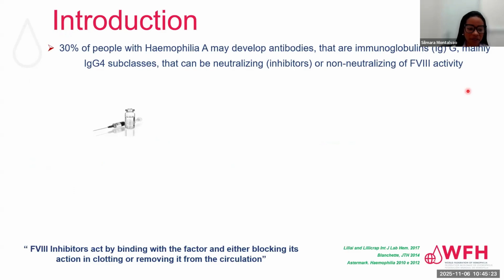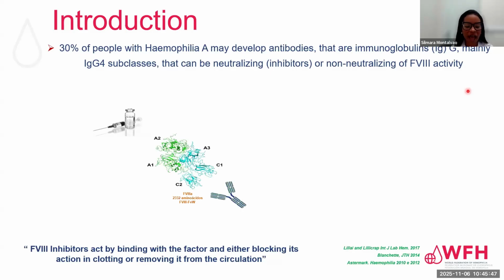Okay, as you already know, 30% of people with hemophilia A may develop antibodies. In the case of hemophilia B, the number is lower, at 5%. Most of these antibodies are of the IgG4 subclass, and they can be neutralizing, which we call inhibitors, or non-neutralizing of the factor activity. Inhibitors act by binding with the factor and either blocking its